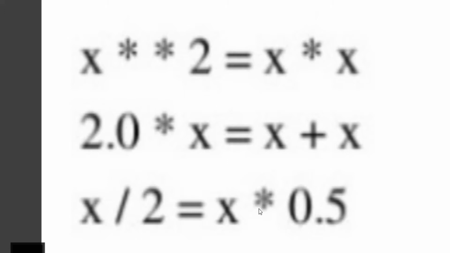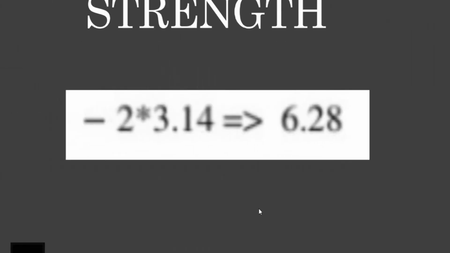Okay, next we have to evaluate the constant expressions at compile time, and we have to replace the constant expression by their values itself. See, instead of writing an expression like this, 2 * 3.14, we can evaluate this expression, and what is the result of this expression? 6.28 is the answer. Instead of writing an expression like this, we can evaluate the expression and write the result itself. Okay, so this is another way of optimizing.